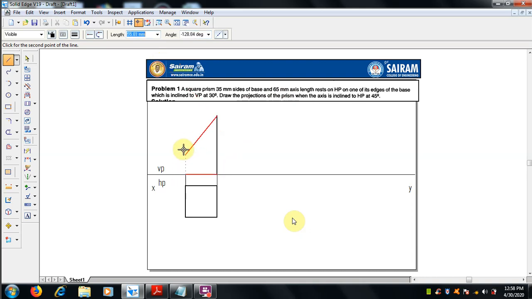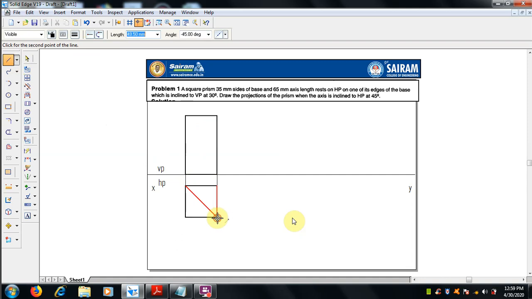So we will make 65 mm at 90 degree and then project it like this. So now this is the top view and the front view.